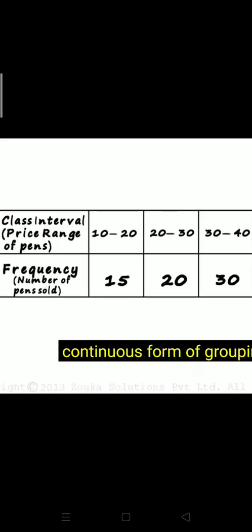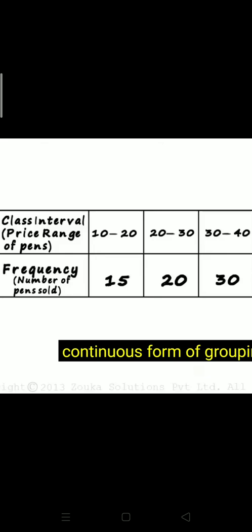You have already learned what a class interval is, correct? While using the frequency distribution table. Now if class intervals are given and the frequency is given, how will you draw a bar diagram? Let's check out. And what is such a diagram called? Just look at the example given over here. Can you read it? The class interval is about the price ranges of the pens. Pens sold of rupees 10 to 20, pens sold of rupees 20 to 30. So the price ranges are given. That is, we have put them into class intervals.